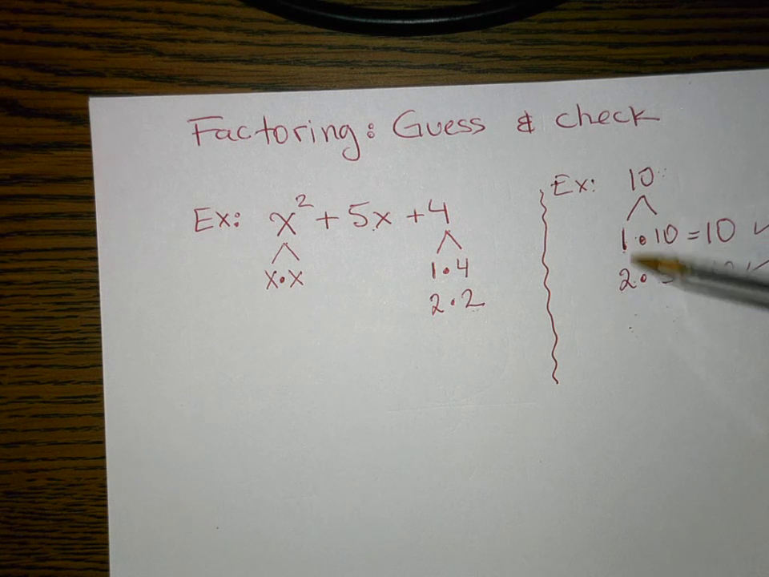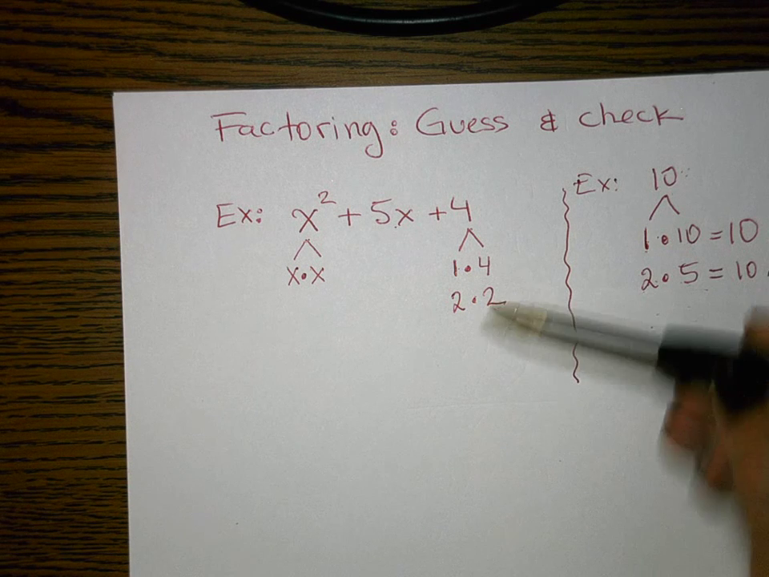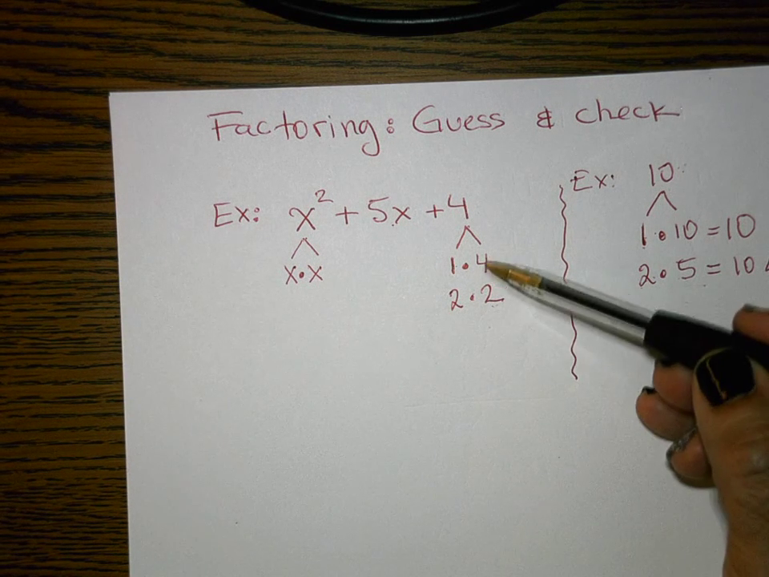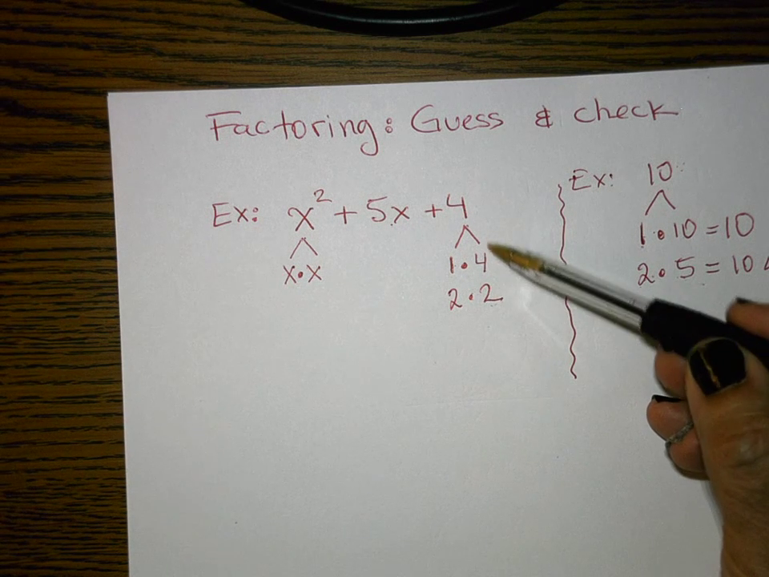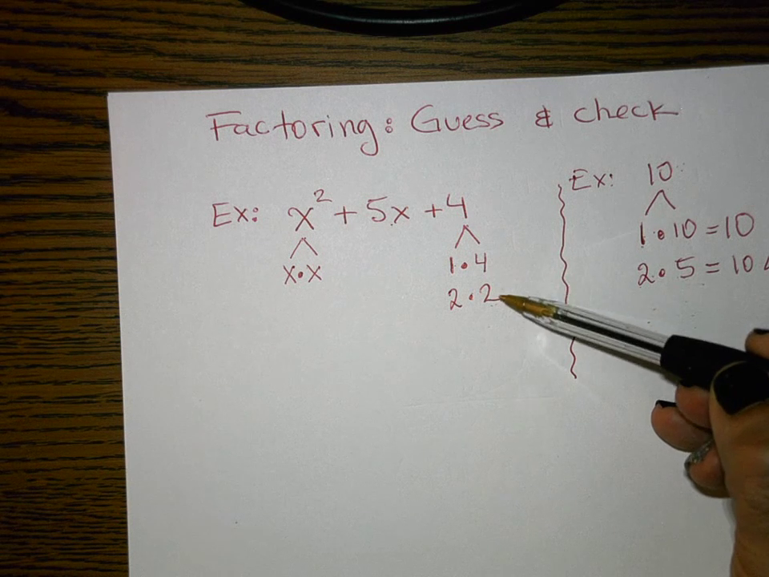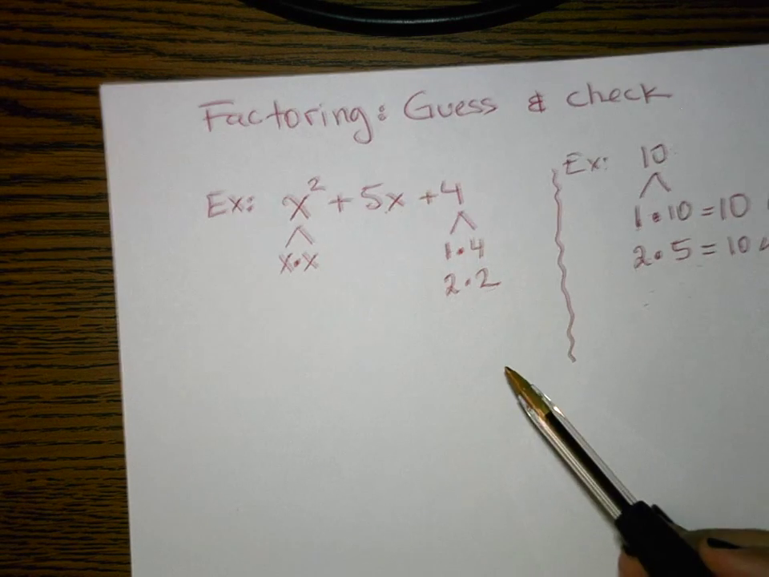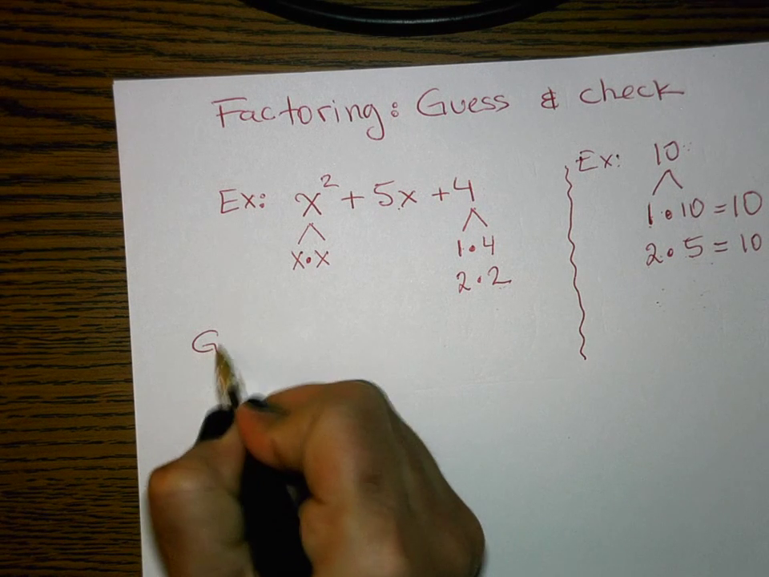I go in order. I went 1 times 4, 2 times 2. There's really nothing 3 times anything that equals a 4. And then 4 times 1, we already have that case up here. So that's that simple. You just have to consider all of the factors of this last term. And these are all of the factors. So that was the first process. Now I'm ready to move on to the guess